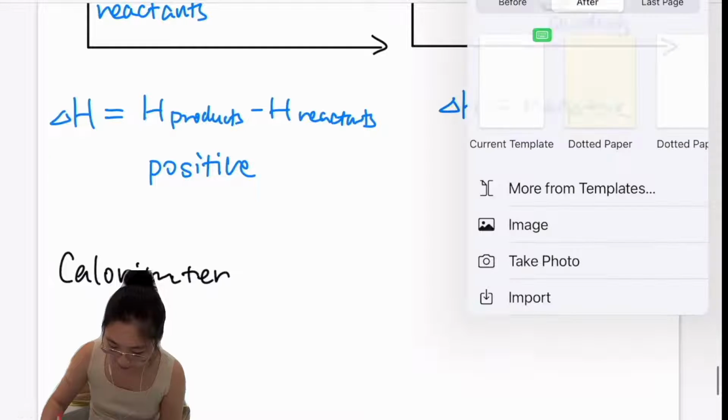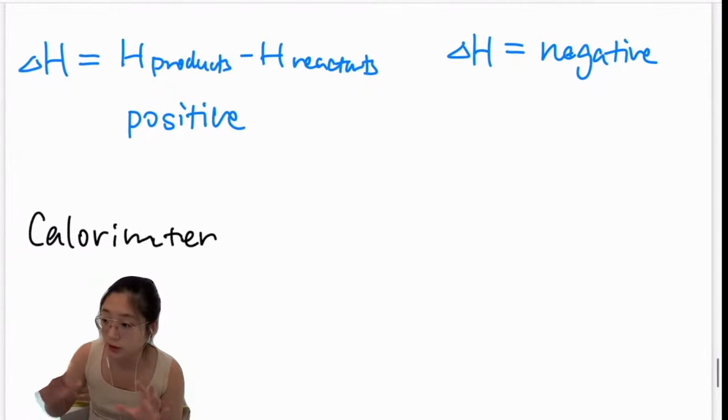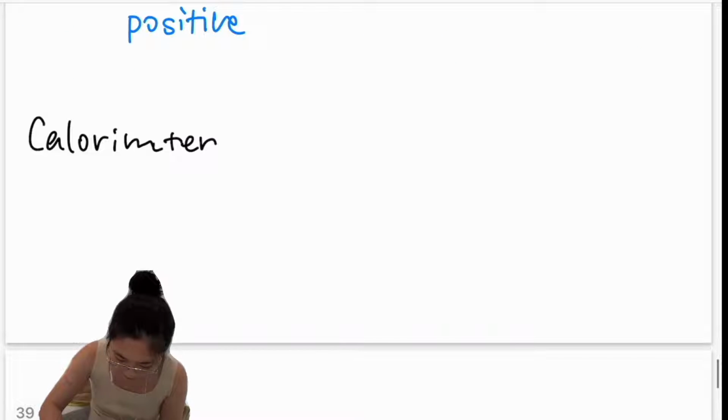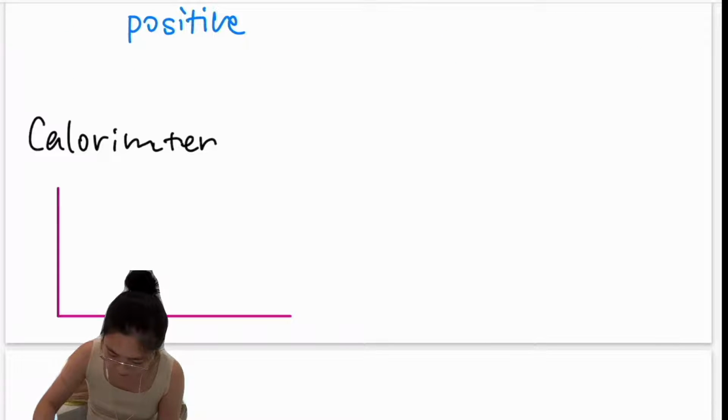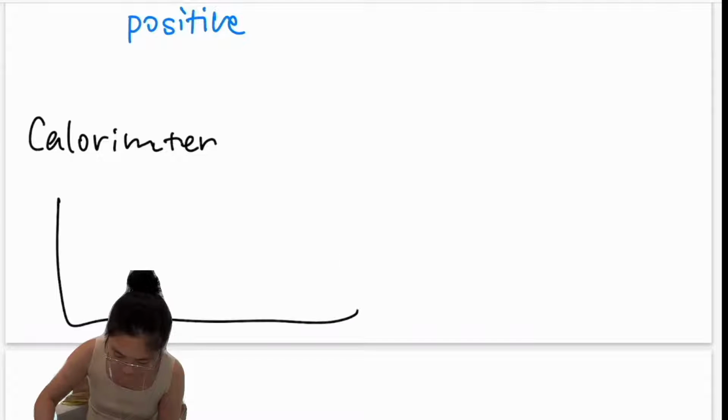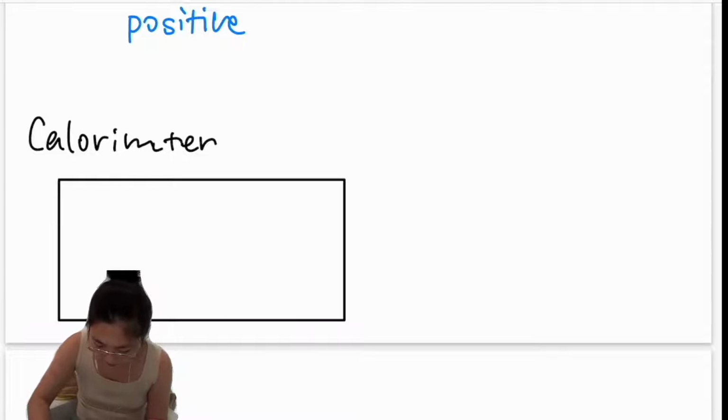And then for a calorimeter, we measure the change in the temperature of the surroundings. So how does a calorimeter look? Well, there are multiple types of calorimeter, and you can actually just make one by yourself. But how it looks is usually you have an insulated container